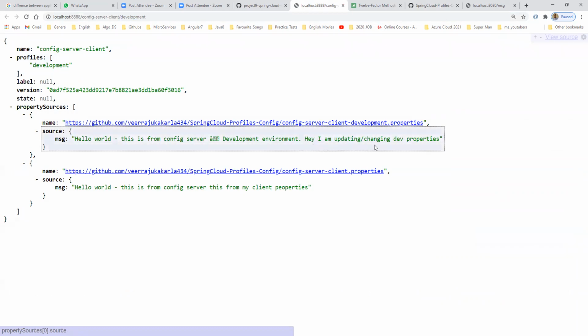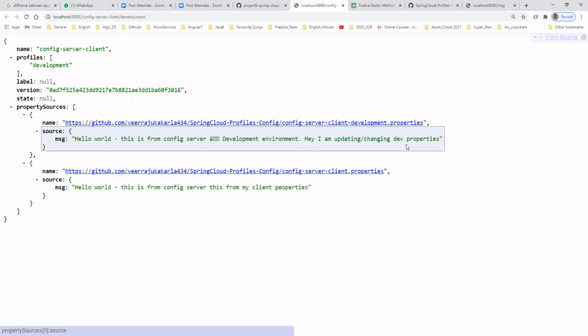Without redeploying our application, right? This is called an external configuration. If you configure inside your local application properties, you need to redeploy, otherwise the values will not be reflected. If you want to reflect environment related properties, this may be a database link or a server link.